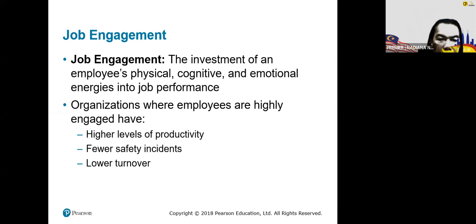Organizations where employees are highly engaged have a higher level of productivity. They will produce more productivity from time to time. Right? And then they have fewer safety incidents. And number 3, they have lower turnover. That is what we can see in our organization, if they have